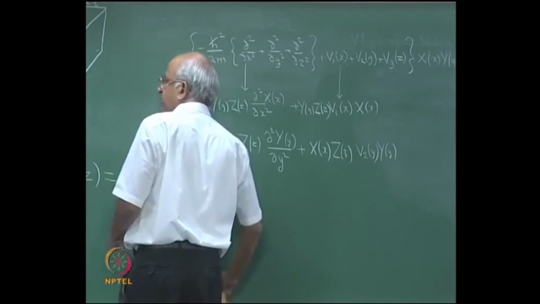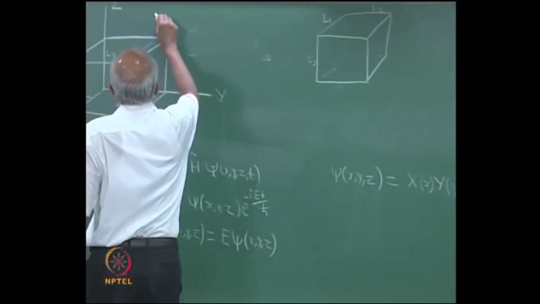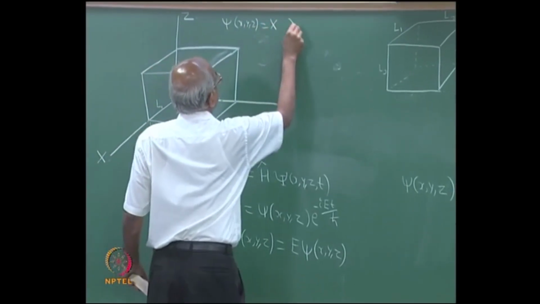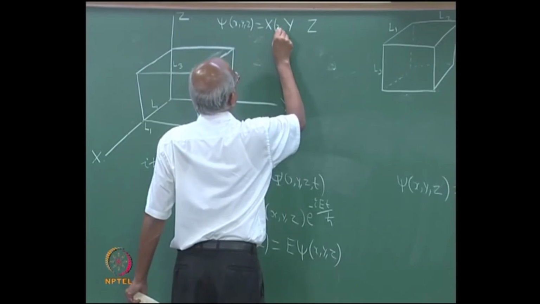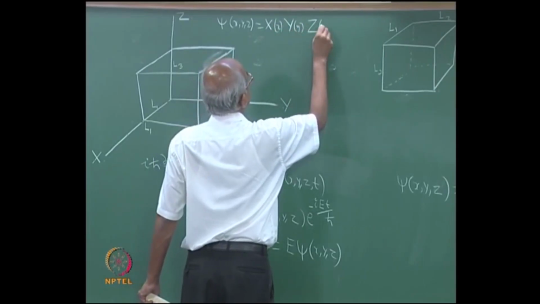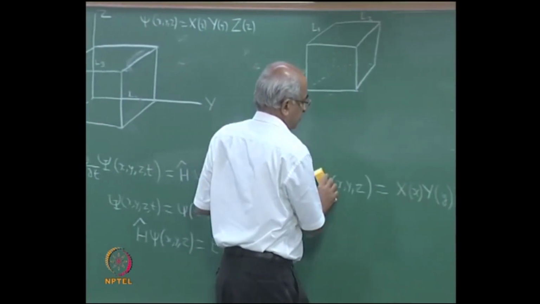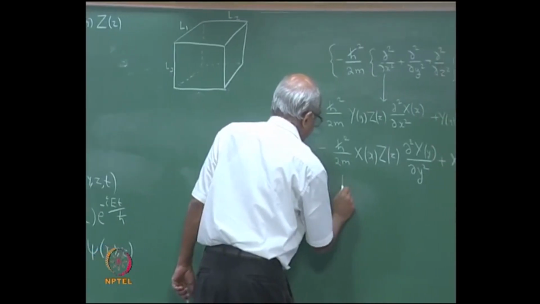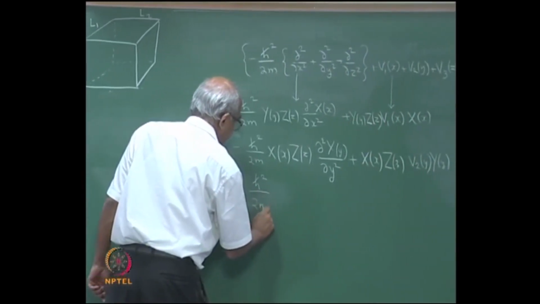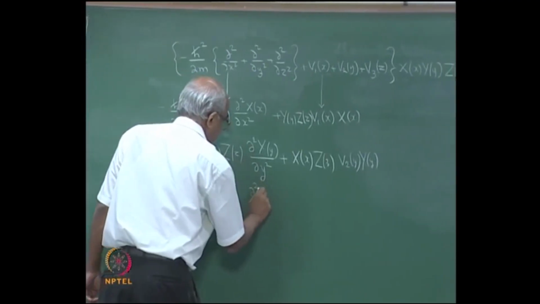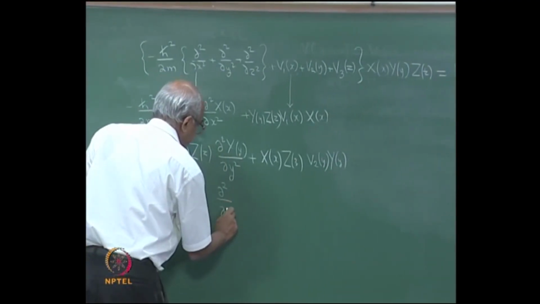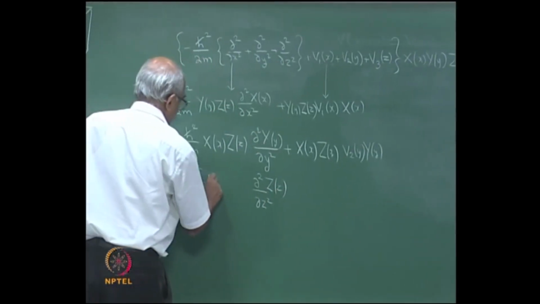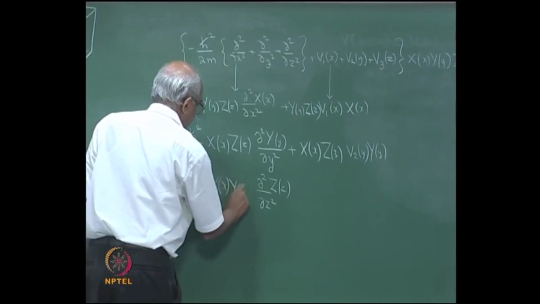Well, I will need this, so let me keep it somewhere: psi of x, y, z is equal to capital X into capital Y into capital Z. And then the next term is going to be minus h cross square by 2m. You will have dou square upon dou z square operating upon capital Z of z, multiplied by capital X of x, capital Y of y,